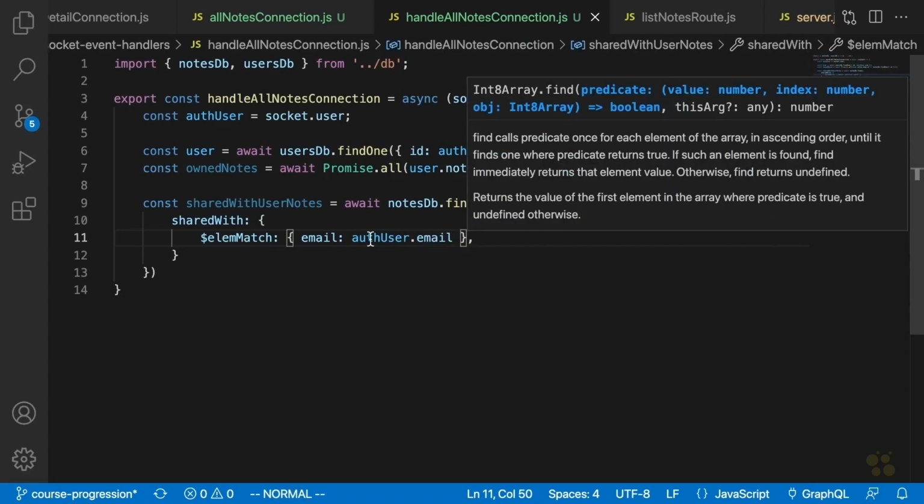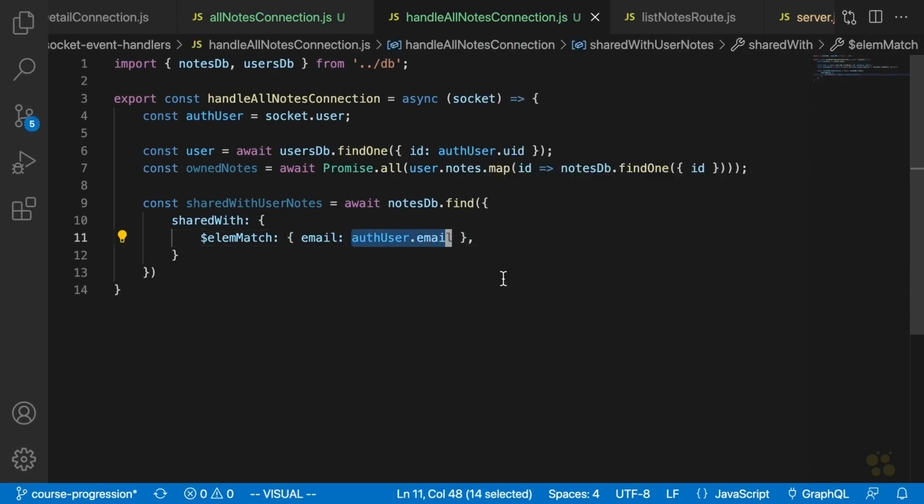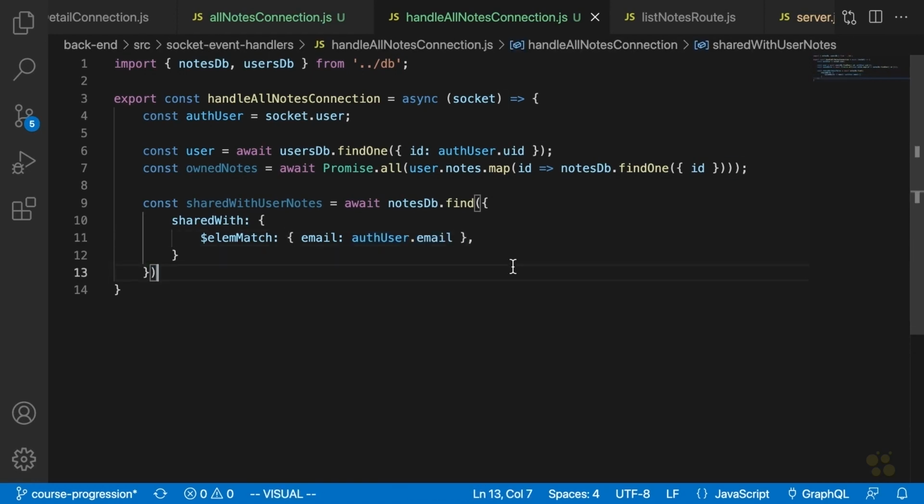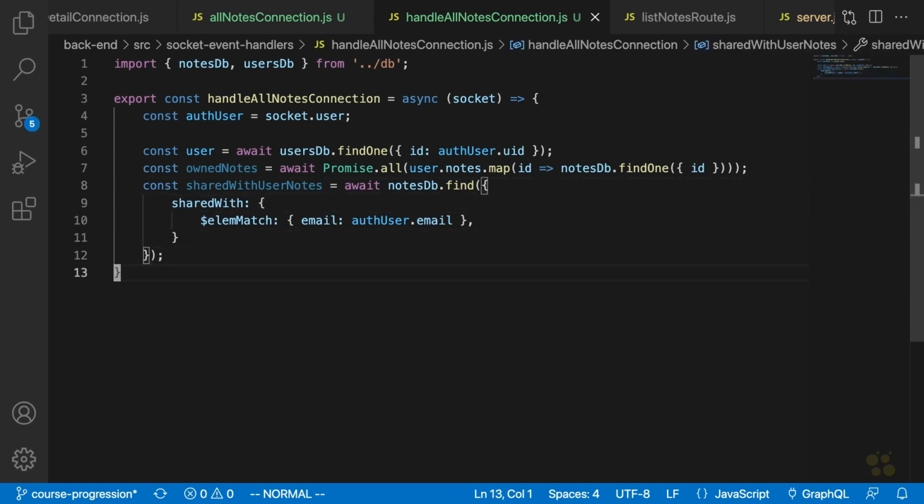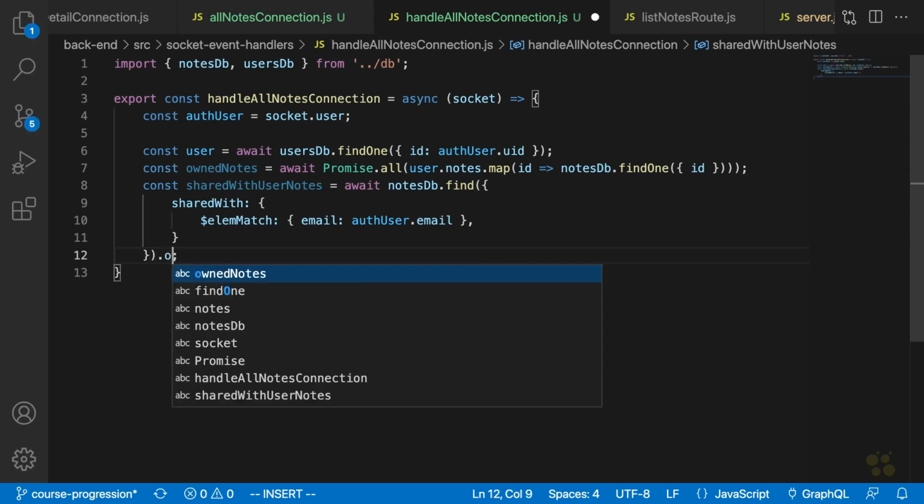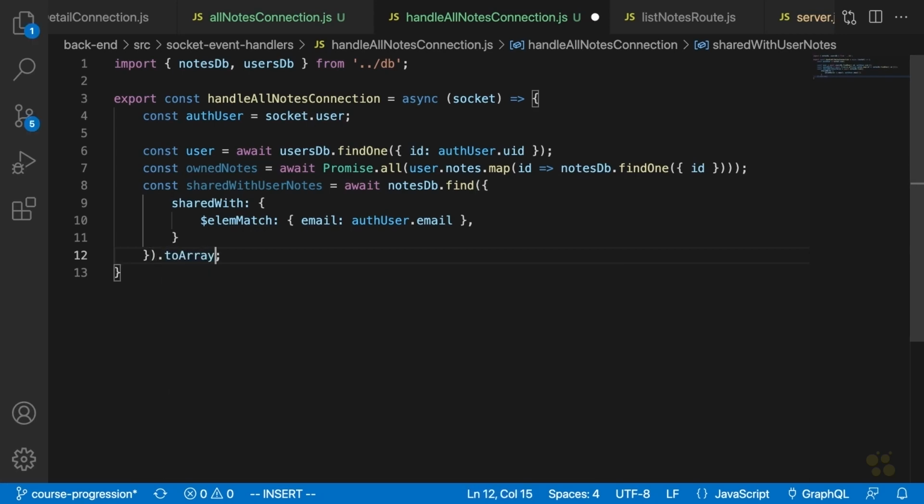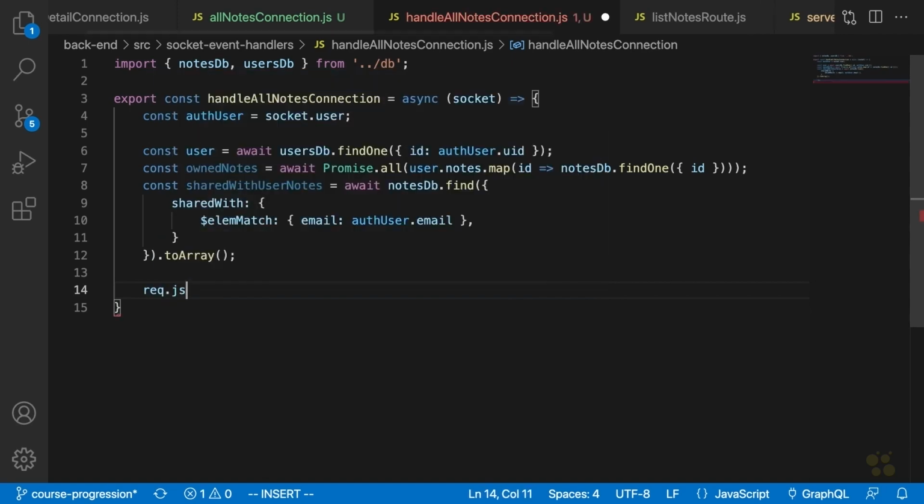Oh, I mistakenly said ID with this. We're actually storing the user's email that it's shared with to make things easier for ourselves. Forgot about that little detail. Cool, so now that we have the shared with user notes and the owned notes, what we're going to do next, oh, and by the way, you're going to want to call .toArray on this one here. What we're going to do next is send back these owned notes and shared with user notes to the client. And instead of saying request.json to do that, we're going to say